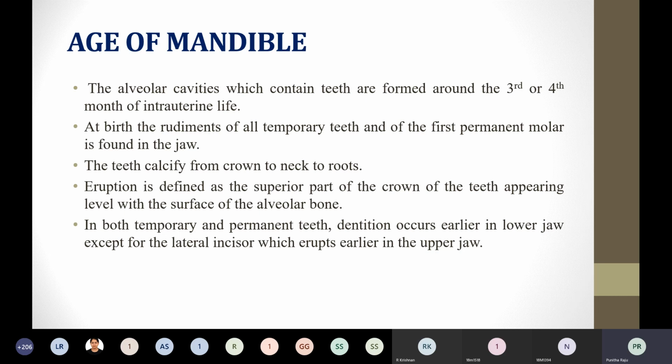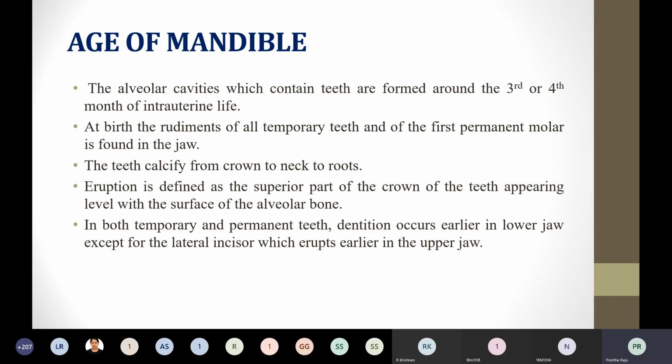So you have the central incisor, the lateral incisor, and the canine. Canine, normally the ends will be sharp. Okay, so that is the canine. Central incisor, the ends will be blunt. It is just horizontal. So that is the way you differentiate between central and lateral incisor. And you have the premolars. You have two, the first premolar and the second premolar, but you don't have premolars in temporary teeth. You have premolars only in permanent teeth.